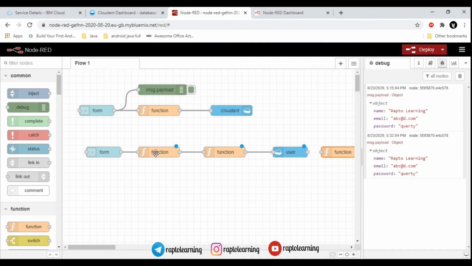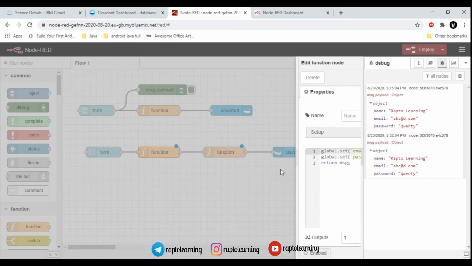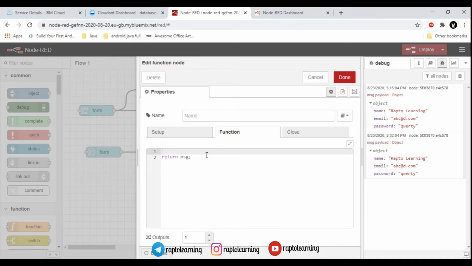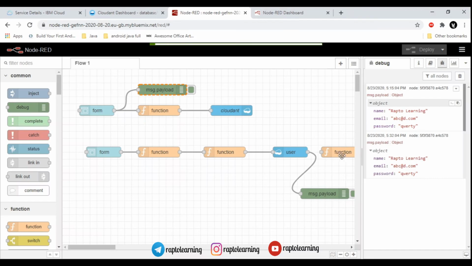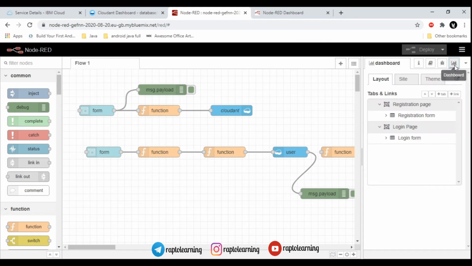But before dragging and dropping another function to display the login successful or failed message, first we need to check that all this is correct or not, and there is a negligible chance of any errors appearing here. We have not mentioned anything in this function, and it's time to make some small changes in this function also. But first we need to display our message, and we need to join this to our user cloudant node, right? So we will first deploy the services.